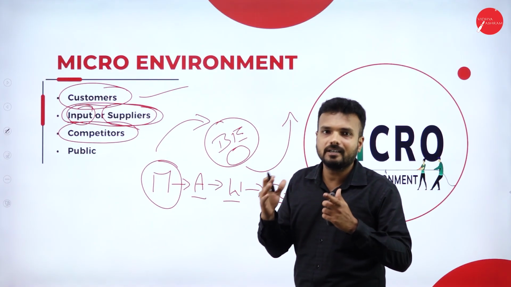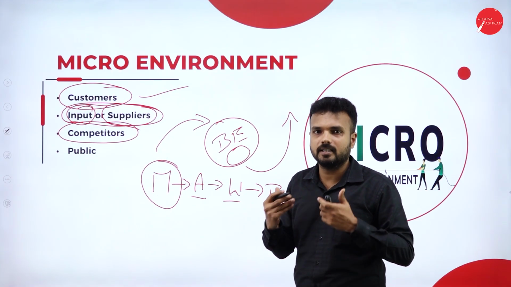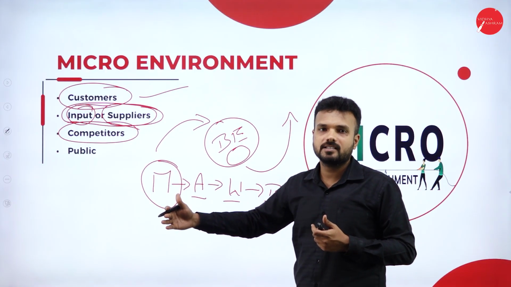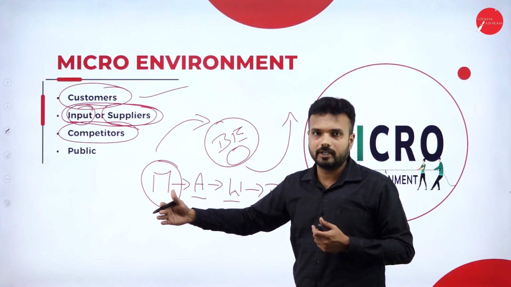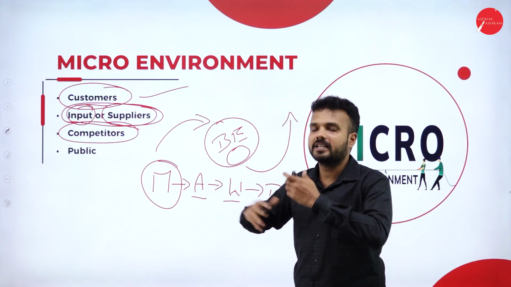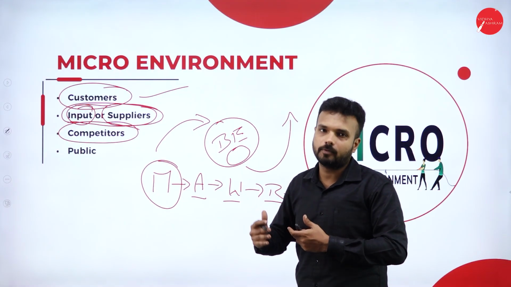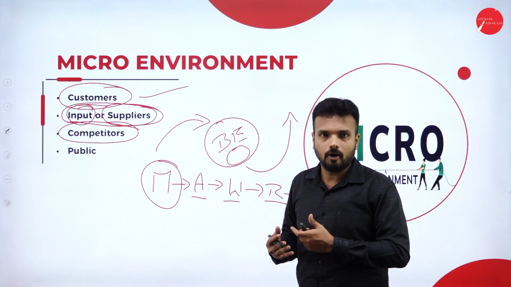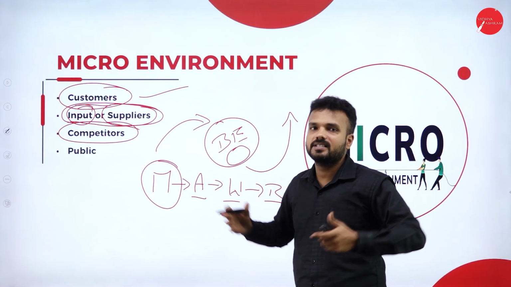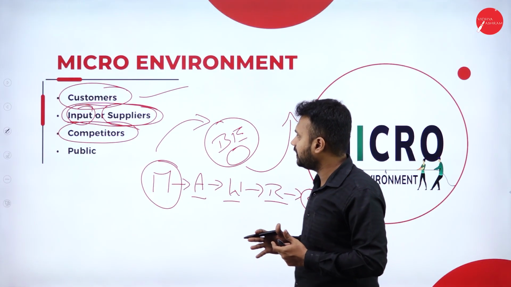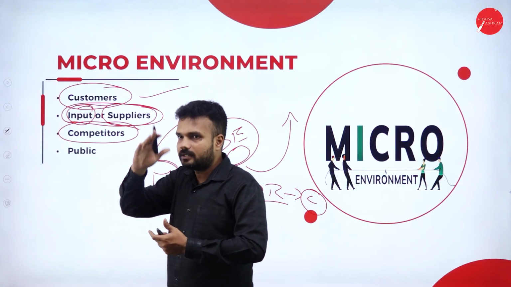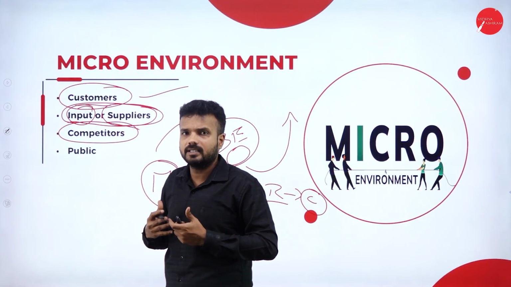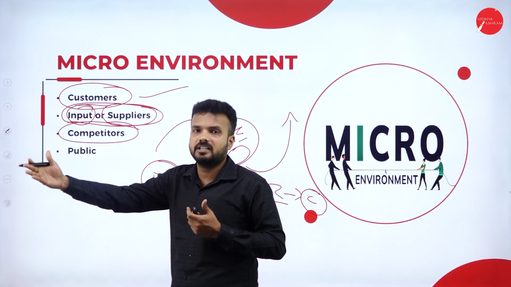Next concept is competitors. We are supposed to consider the competitors. Say, for example, I am a manufacturer. Who is my competitor? At what price is he going to sell his product? What kind of product is he going to offer to the customer? In what methodology is he going to prepare it? What is his cost of production? What is the quality of the product? What is the quantity of the product that he is going to offer? What is in his product line? These are all the things that we need to consider while manufacturing the product.